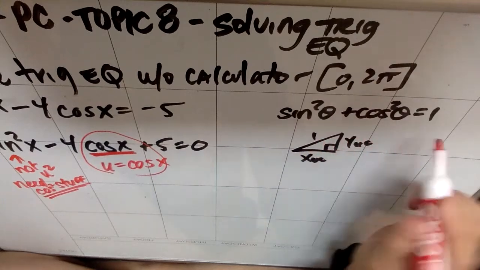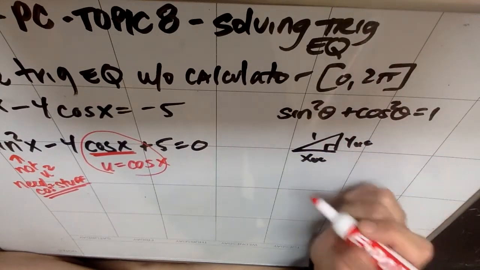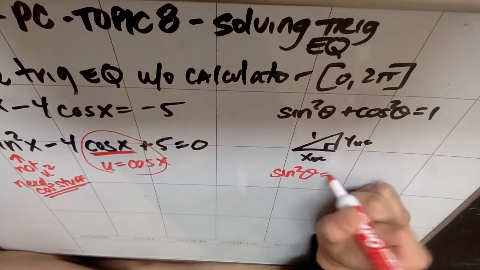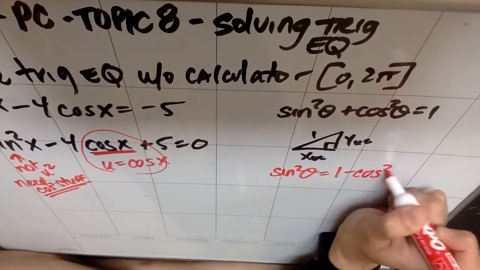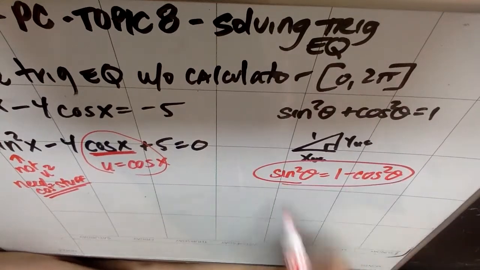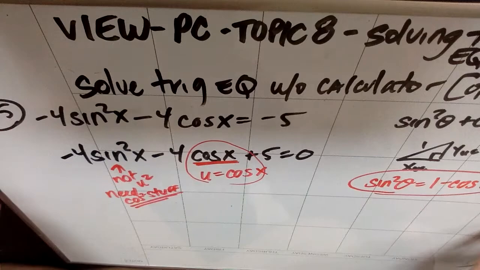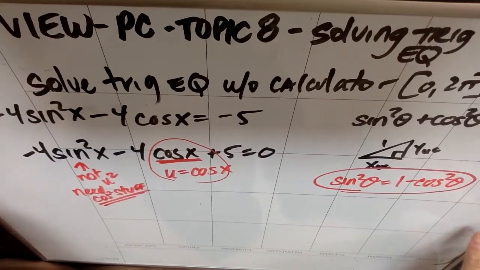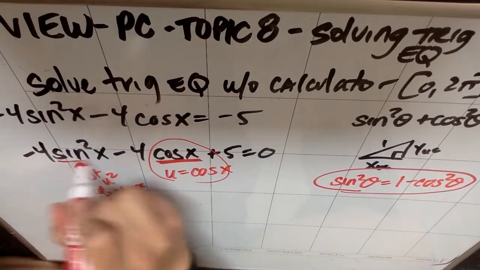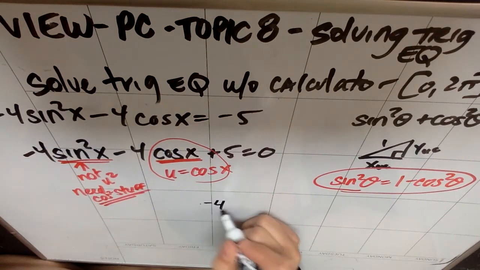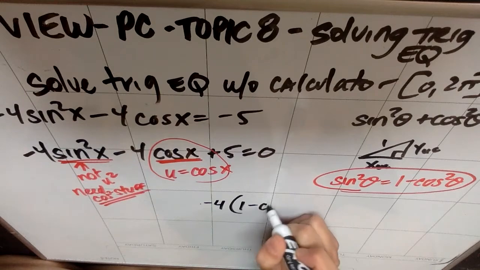So if I take this trig identity and I solve for sine squared, I could subtract the cosine over, and I'd get that sine squared theta is the same as 1 minus cosine squared theta. This is what I'm going to replace that sine squared with so that I'm able to factor this. So what's going to happen, and I'll inch it over so you can see both sides, I'm going to take this sine squared that's a problem and say, okay, cool, that's a negative 4 times 1 minus cosine squared